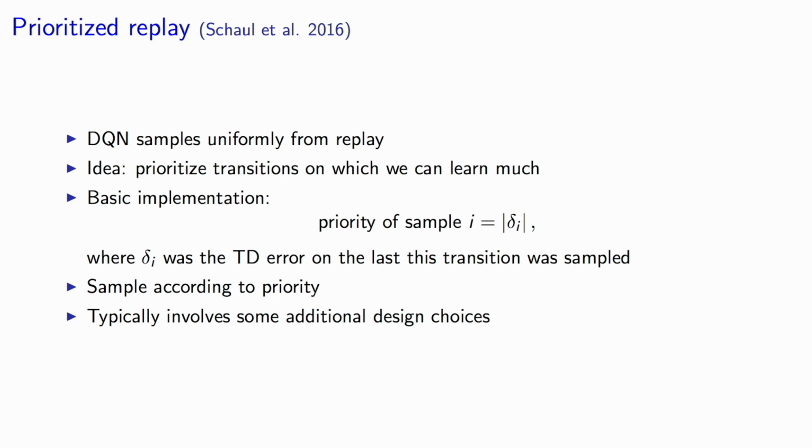Now, before implementing or trying this, you might think, maybe there's a caveat. Maybe this is actually the wrong thing to do, because maybe the loss there is high because it's just intrinsically very hard to learn that. And this might still be true in certain cases. But it was found, at least in this setting for DQN, that this is a very good signal. And if you prioritize your updates according to this signal, then you get much higher quality updates,